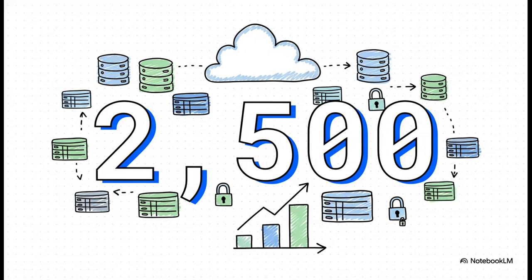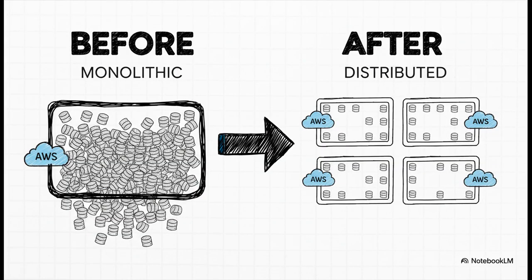Well, the default quota for any AWS account is 2,500 tables per region. Now, this is a soft limit, what we call a quota, which means if your application's architecture genuinely needs more, you can go ahead and request an increase. So, while you can ask for an increase from 2,500 tables, there's a really important scaling strategy you should know